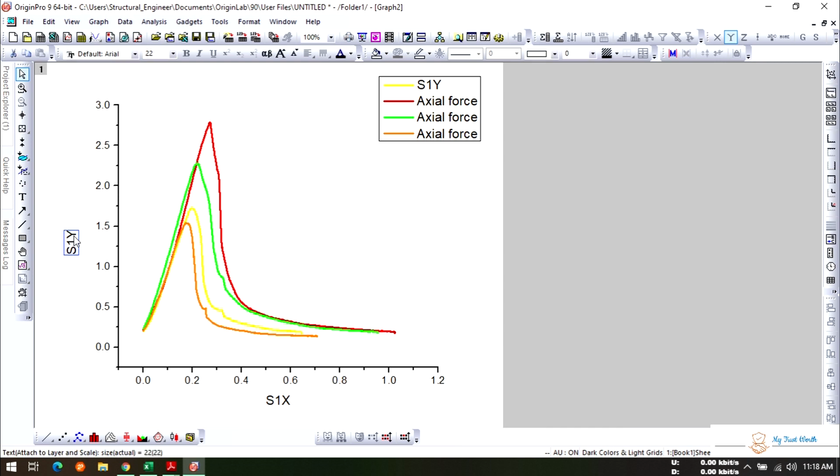So very beautiful, and now this is your displacement force, Newton. This is your displacement, millimeter, and more what should I do is this, that